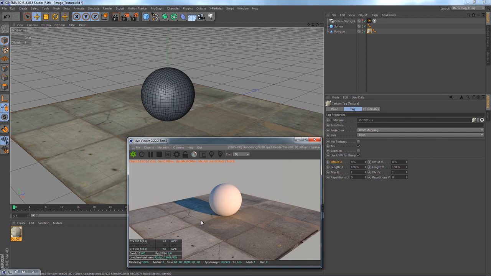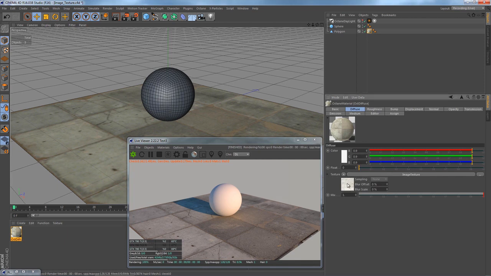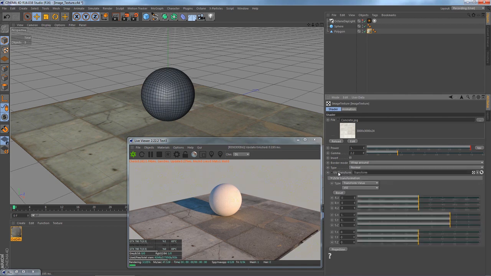Let's take a look at the Octane way of doing this very same procedure. Select the material, click Image Texture, and let's apply UV Transform, which will apply the transform shader to the image texture. Immediately you can recognize three major groups of parameters. We have rotation in X, Y and Z, scale